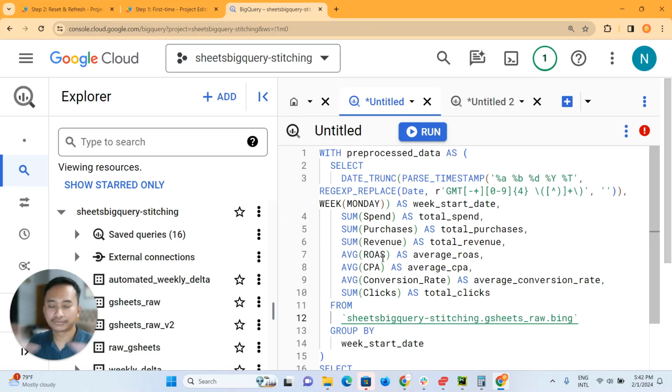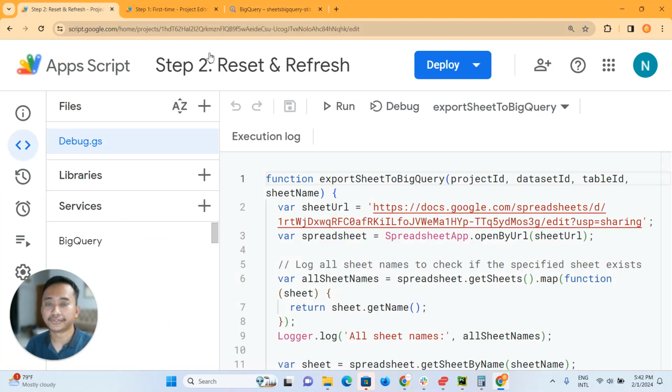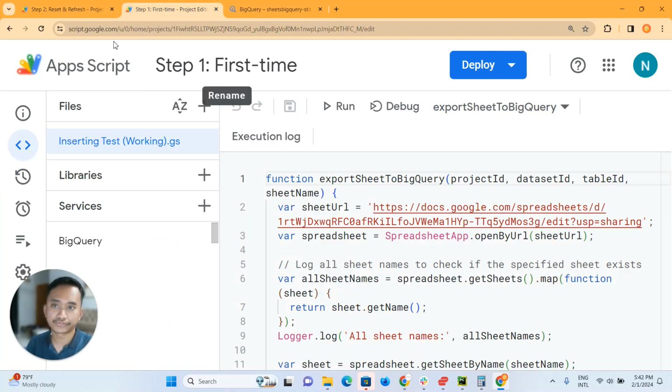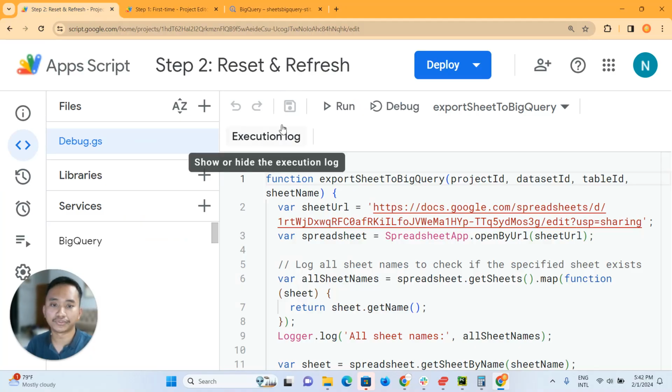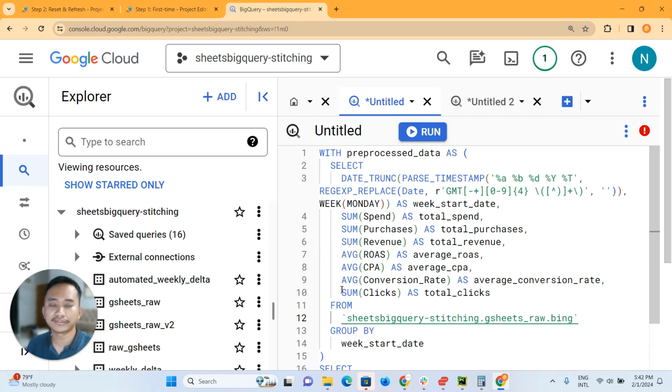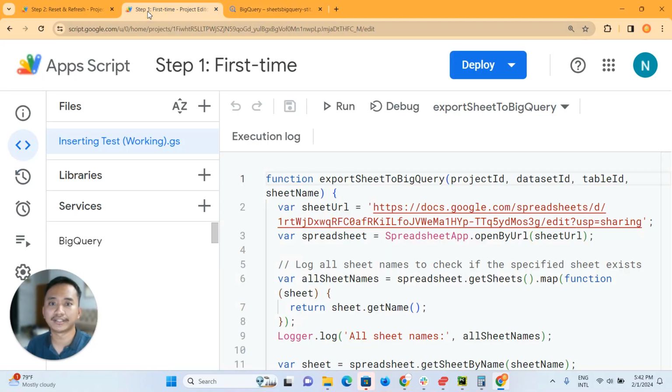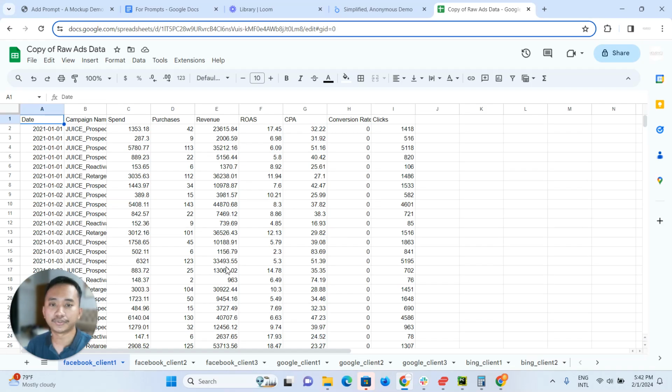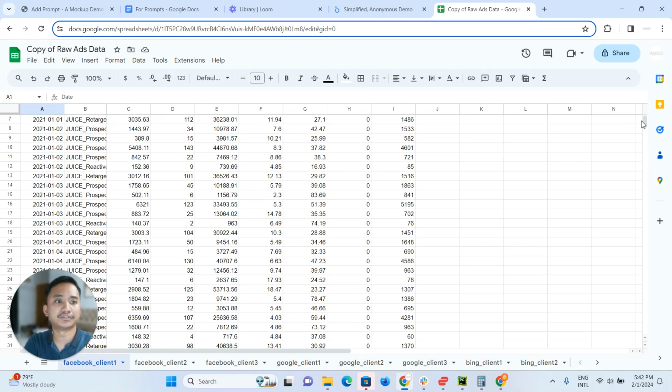Again, I'm filtering a lot of stuff here, so the views may not be complete for confidentiality purposes. So then you have the first time insertion, and then you have to remember that you also need to reset and refresh data. This is for the next step. When you have the data in your BigQuery, you have to make sure that the data is always updated, because you have already enabled